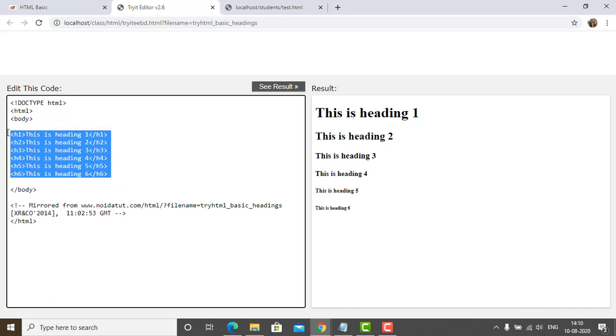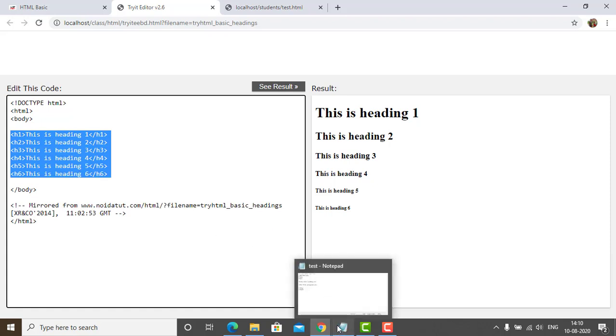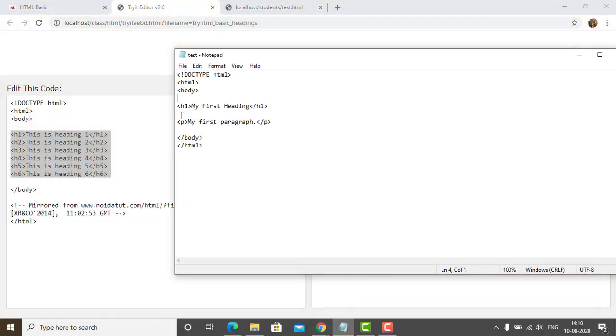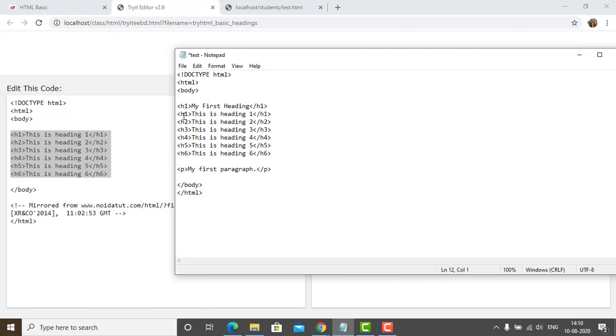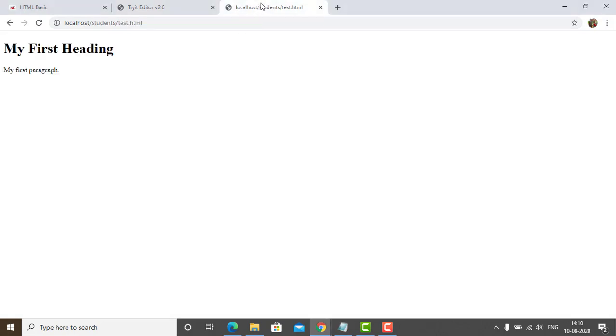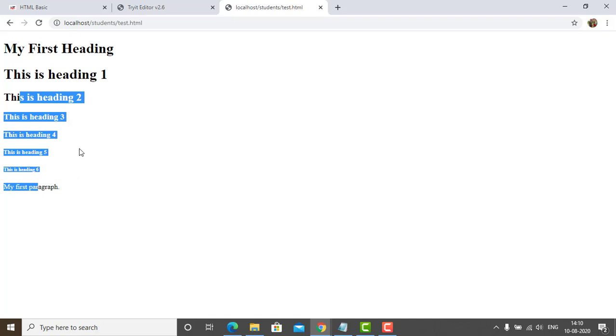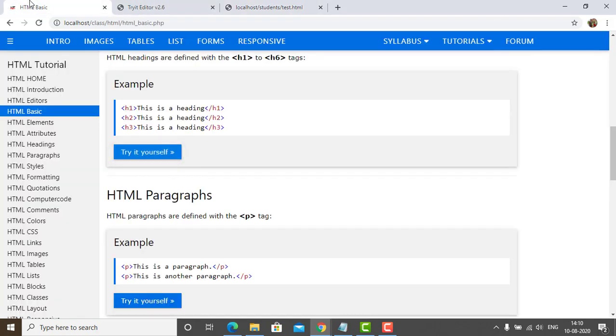I am just copying all the things and pasting it in the notepad. This is just for a demo. Now we are saving the entire thing, and then refreshing the browser. Now you can see this is h1, h2, h3, h4, h5 and h6. These are the inbuilt tags of HTML for headings.